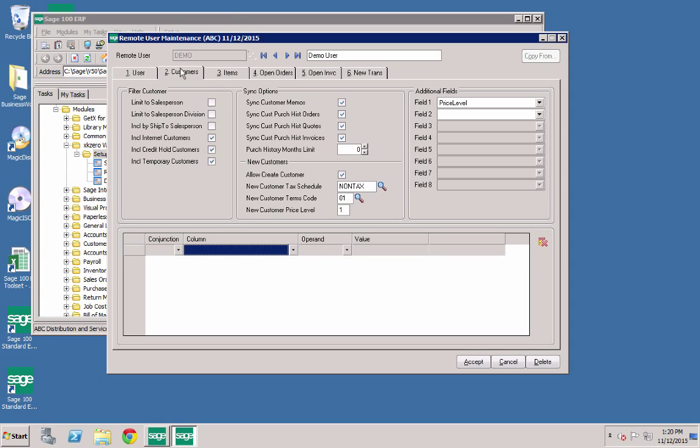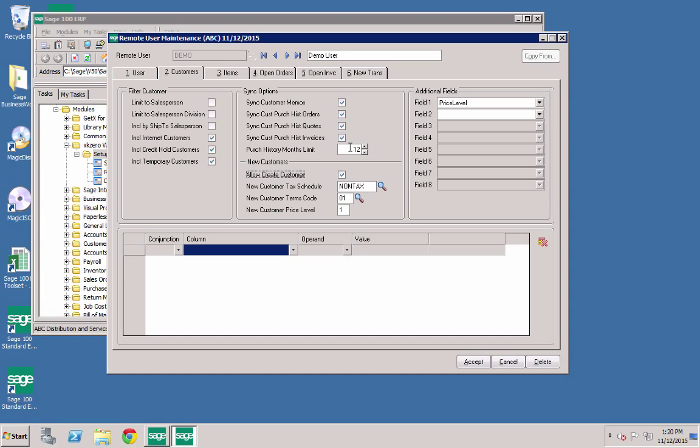So other options here on the Customer tab, indicating whether or not we want to bring customer memos down, whether or not we wish to have the order history. So I've got customer last purchase history for orders, quotes, and invoices, and I can even restrict that further if I only wish to see